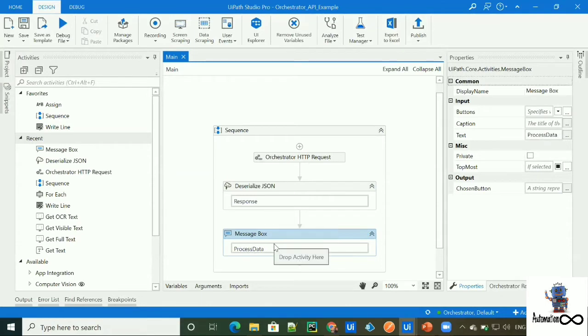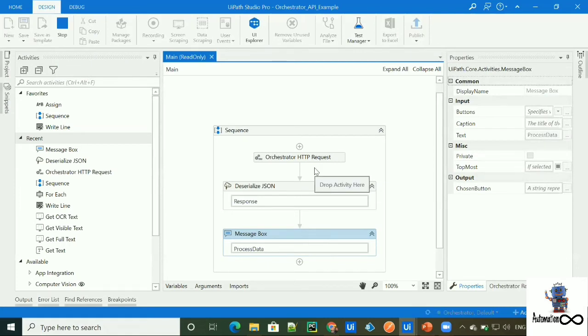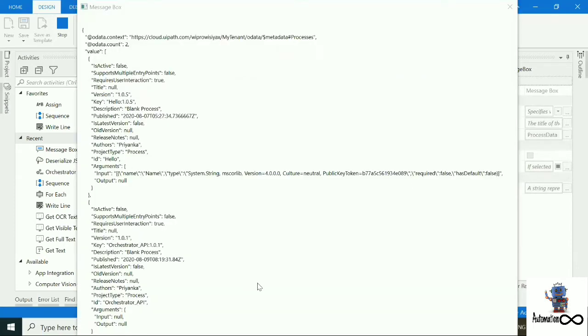Let's test till here. As you can see here, we are getting the process data.